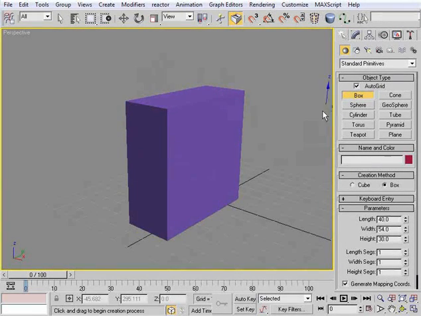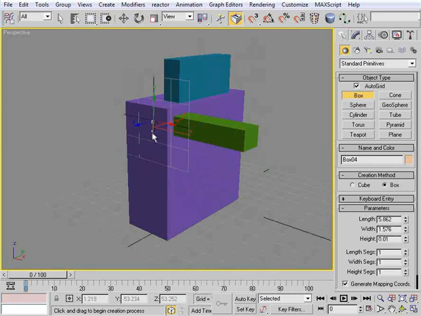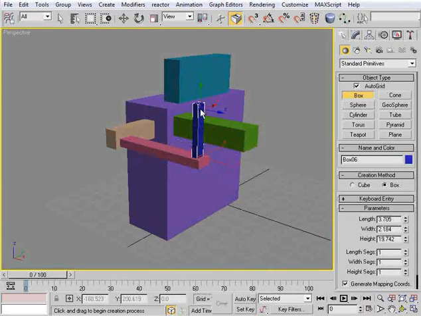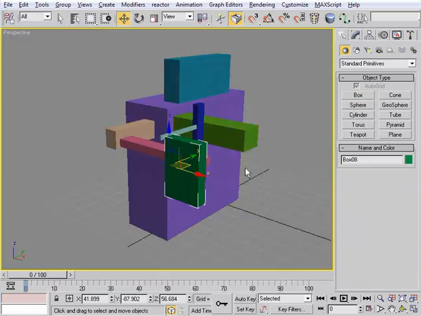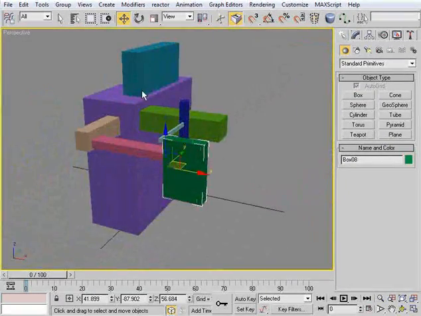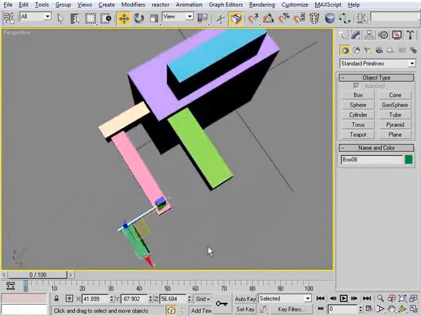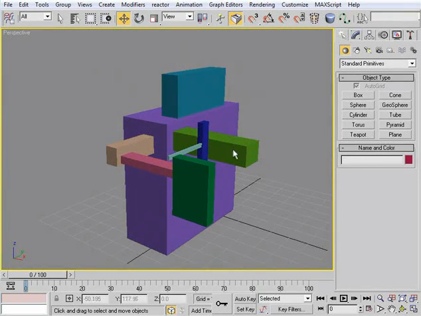So now if I want to make a box on top of this one with my auto grid turned on, I can actually come up here and drag and create a box exactly on the surface, and it'll just keep doing this on and on and on. And these guys are all completely touching each other right on the surface. So it's a really cool way and a quick way of creating objects on the surface,